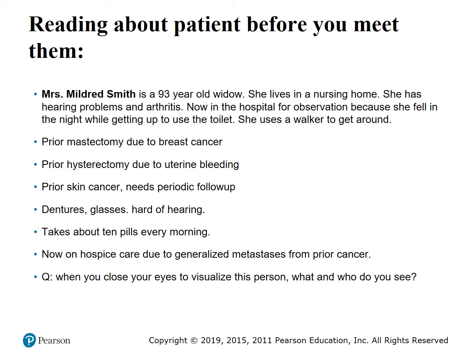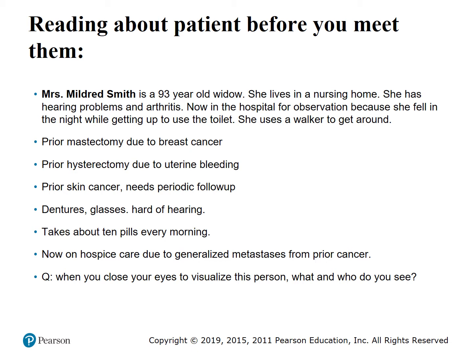But the thing here is, if you're a nursing student, don't make a common beginner mistake, which is you read all this, and then you think, oh my God, in order to be adequately prepared to take care of this person, there's so much I need to know. I need to know about breast cancer. I need to know about hysterectomy, skin cancer, dentures, glasses, hard of hearing. What are the pills she's on? And then all about hospice care. So even when you're reading up on a case and they give you all this stuff,